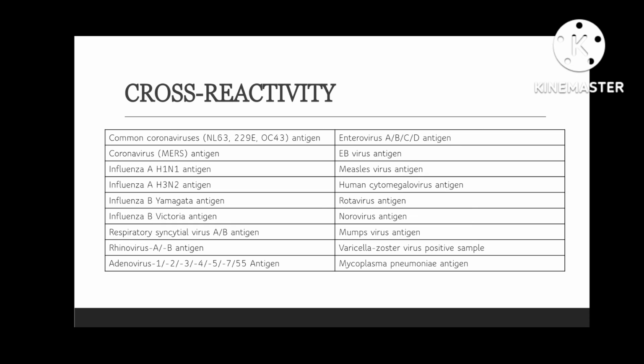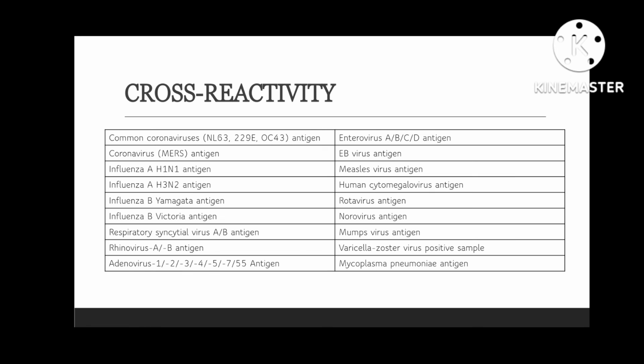The results showed no cross-reactivity with the following: the common coronaviruses NL63, 229E, and OC43 antigen, the MERS-CoV antigen, influenza A H1N1 antigen, influenza A H3N2 antigen, influenza B Yamagata antigen, influenza